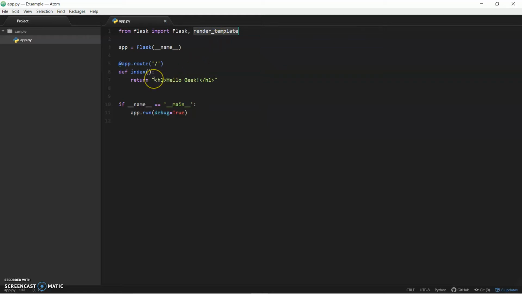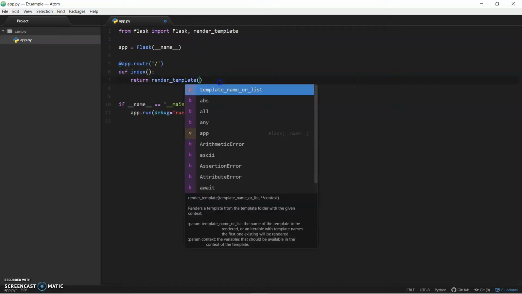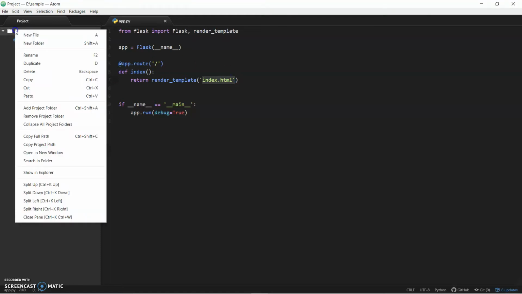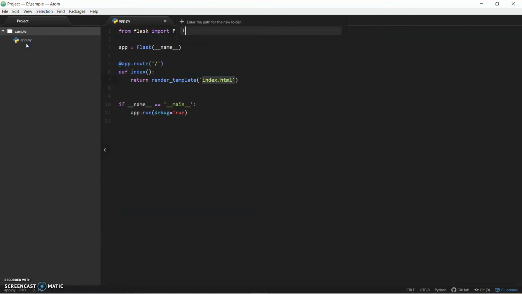How are we going to use it? We are going to replace this with render_template, and specify what HTML page we are going to serve, and I'm going to say index.html, and now save this. Now we need to create this HTML page. render_template will access all the HTML pages from a folder named templates inside the root project. So come back here, create a new folder, give it the name templates, and inside it create a new file named